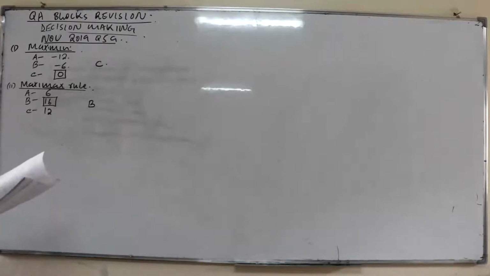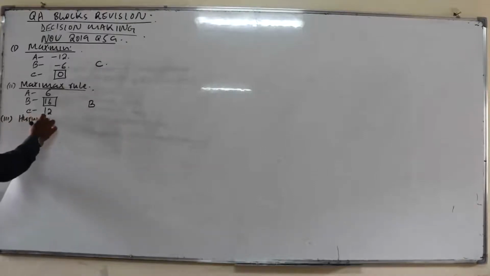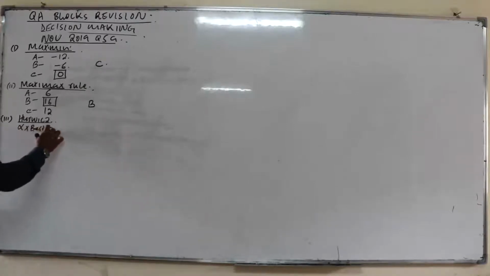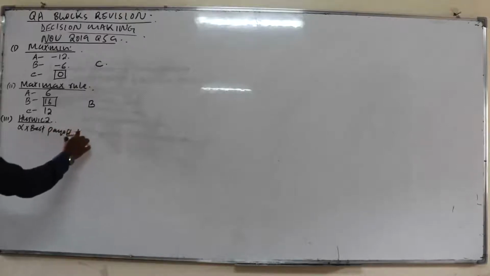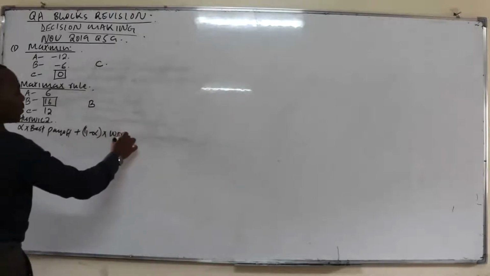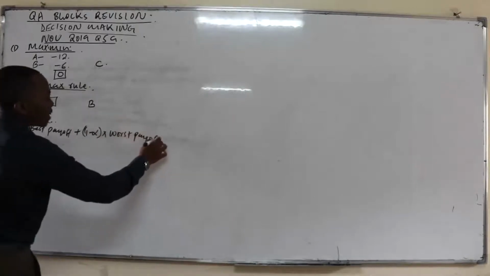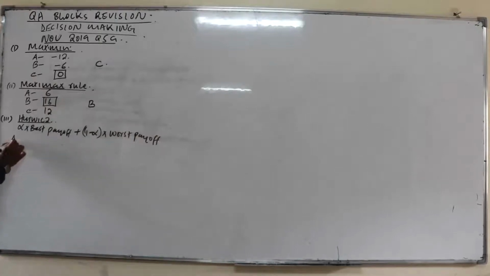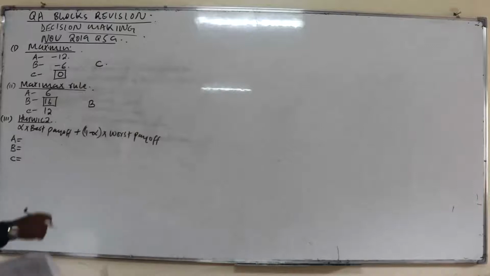Number 3, you are to use the Hurwicz criterion, assuming the degree of optimism is 0.6. So number 3, we use the Hurwicz. And we say that under Hurwicz, you take alpha times the best payoff, you add 1 minus alpha, you multiply by the worst payoff. That's the formula. So A, B, C, where alpha in this case is the coefficient of optimism, and you're given